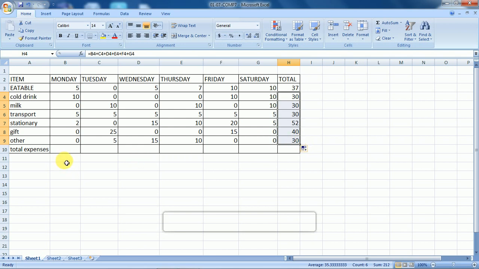We just change the formula. Suppose you want to find all the expenses in a particular day. Monday, what are the expenses?